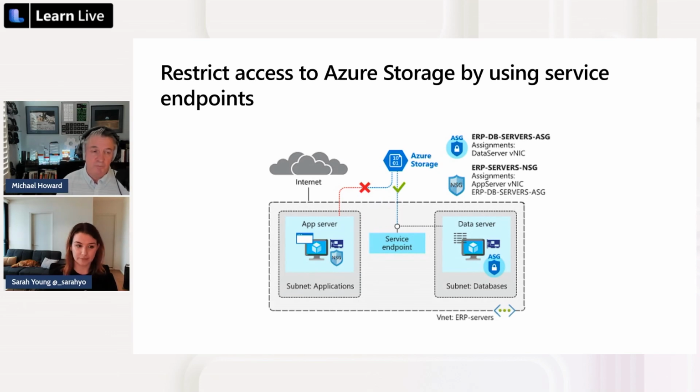That's the first thing you would do. So that means if this app service tries to communicate over the internet to that storage account, it will fail, absolutely fail. Then what you do is you create a service endpoint, and that service endpoint will then be injected into your VNet, and that will become an IP address. What's really nice here is that this server over here will actually access this endpoint, and it will go to the storage account, but it will all go across the Azure backplane. So that's kind of what it looks like if I was to paint a picture.